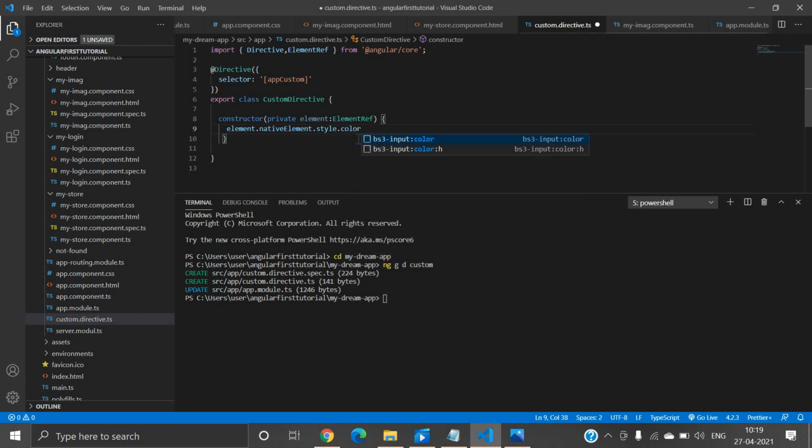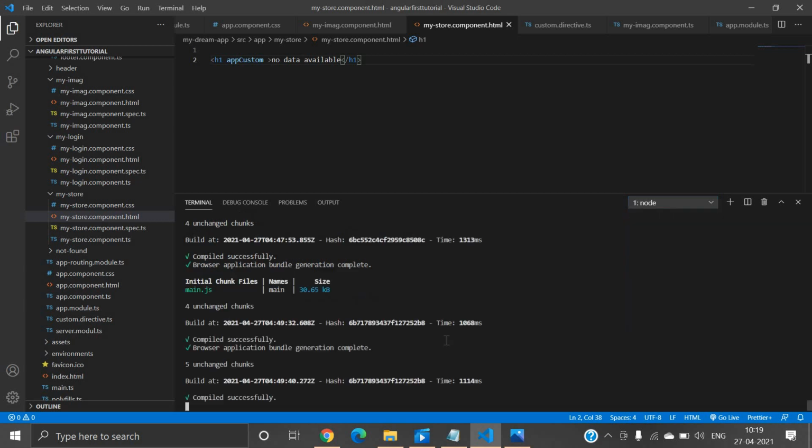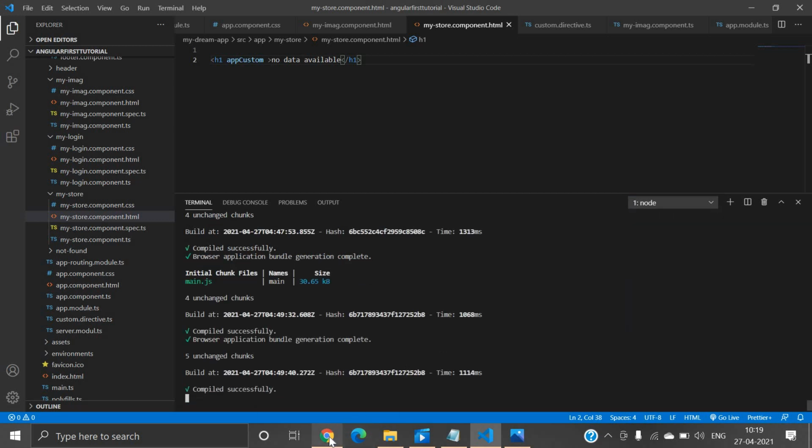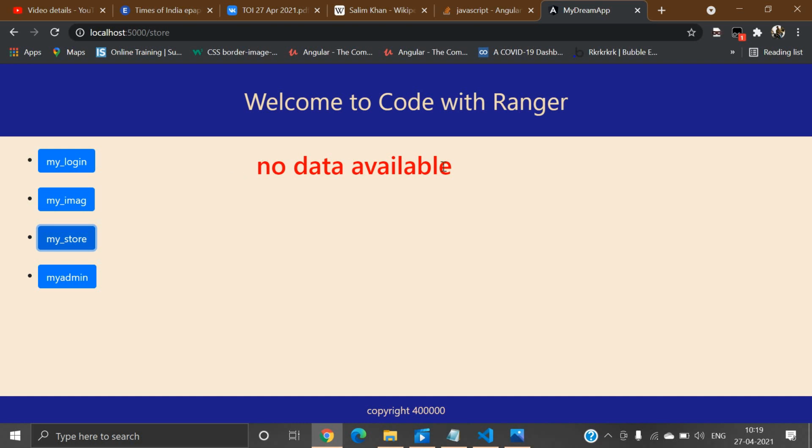Let's say I'm just using color, and I want to display a red color on this heading tag in my store.component.html, right? So I will just save this file. Now let's move to the main terminal, and now let's move to the user interface. Let's move to my store. Now here you can see the data is displaying in red color.